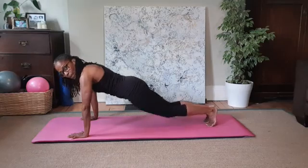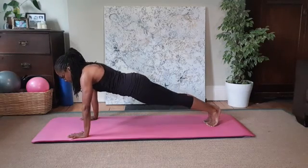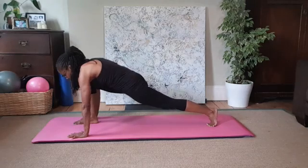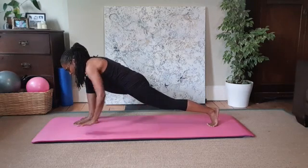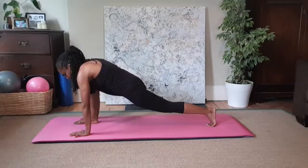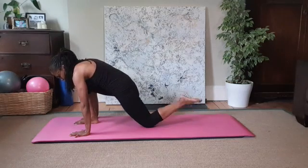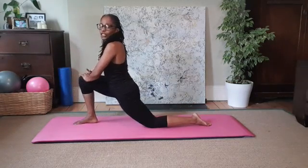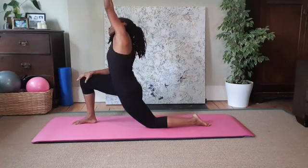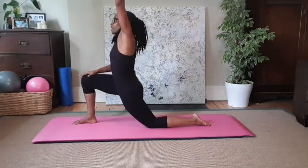I'm going to go back onto my plank, hold that there, and then I'm going to take my left leg forward beside my right arm, giving myself a nice stretch into that, breathing into that. Go ahead and place that knee down into your nice lunge, trying to think about that knee over that leg. Take a nice big stretch into the side and lifting up